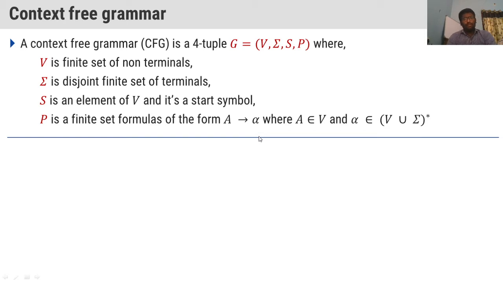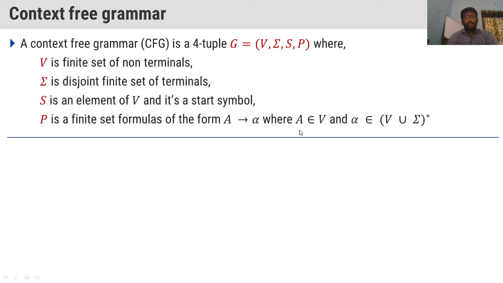single non-terminal. How do we write context free grammar? On the left hand side, only a single non-terminal will be there. Right hand side is alpha. You can have any number of non-terminals and terminals. Context free grammar will be written as alpha implies beta also. We can write context free grammar in the form of alpha implies beta, where alpha is a single non-terminal. On the left hand side, it should have only a single non-terminal. On the right hand side, it can have any number of non-terminals and terminals.